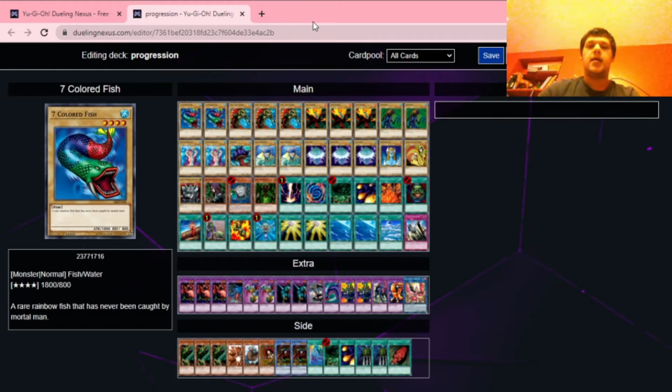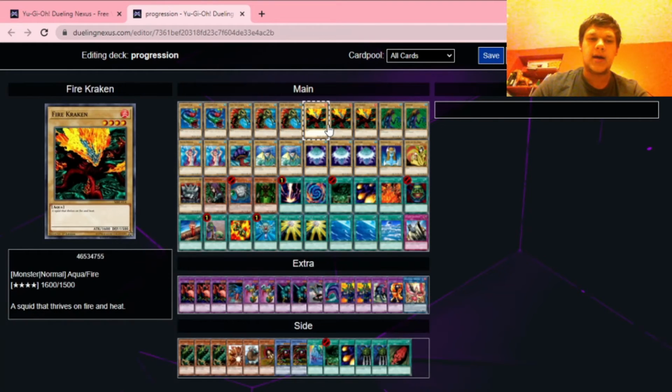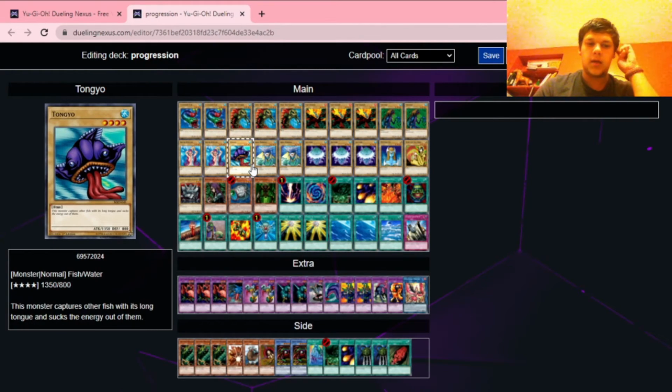And this is the deck. As you can tell, not a whole lot has actually changed in the way of the base idea. Some cards have definitely changed, but we'll get to that. So, still rocking the 2 copies of 7 Colored Fish. Now we have 3 copies of High Tide, 3 copies of Fire Kraken. Still have 2 copies of Hyosube. We still have 2 copies of Water Omnitix. We still have 1 copy of...